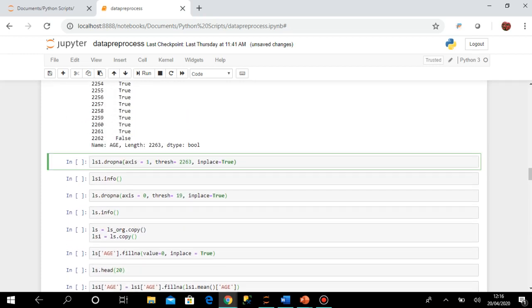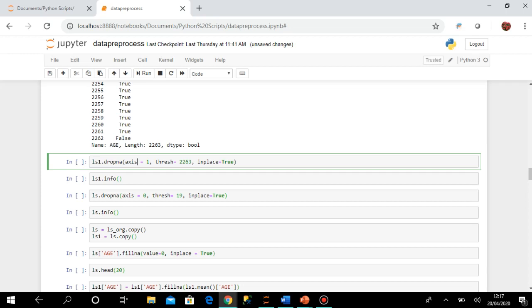Okay, another function is the dropna function. This function will remove the null values row wise or column wise, depending on the parameter axis. If axis equals 1, it's for columns. Then inplace equal to True means the change will be implemented in the data frame itself. And then the threshold value means it will check the number of not null values, and if it reaches this threshold, only then will it keep that value, otherwise it will drop.